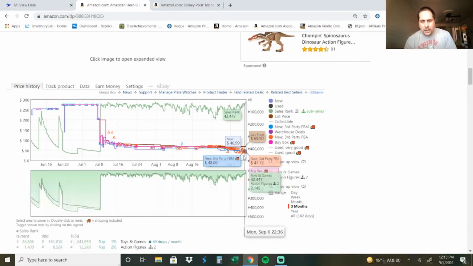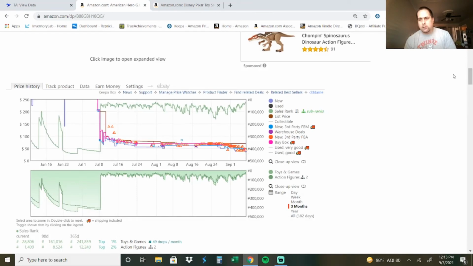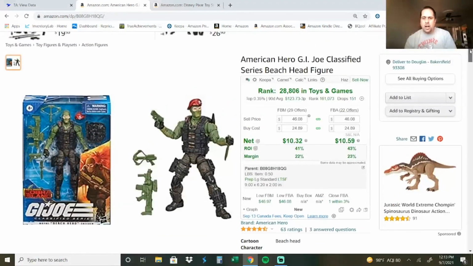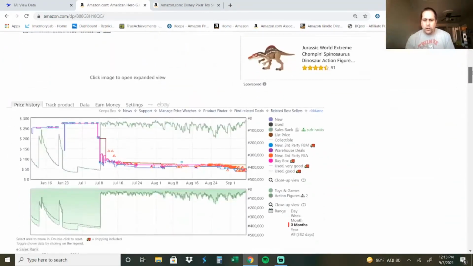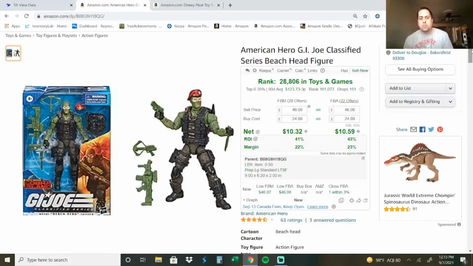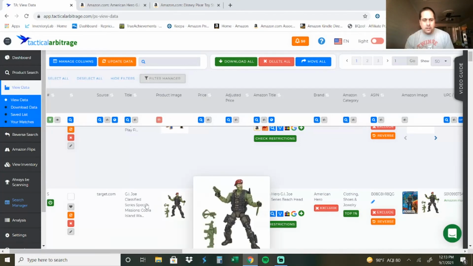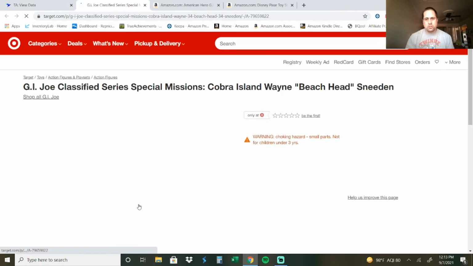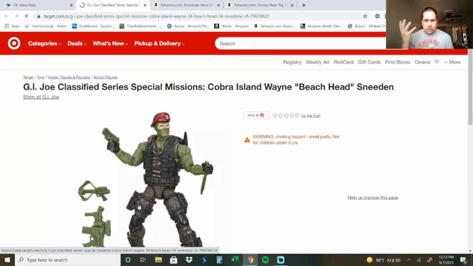And it's actually gone up a little bit. You can see it's at 42. Now it's back up to $46.99. This is totally worth purchasing from everything that I'm seeing. Again, it does look like people are willing to drop the price a little bit, but at the current price, it is worth buying. And again, I'm skipping on it because I get about 100 views on a video, and